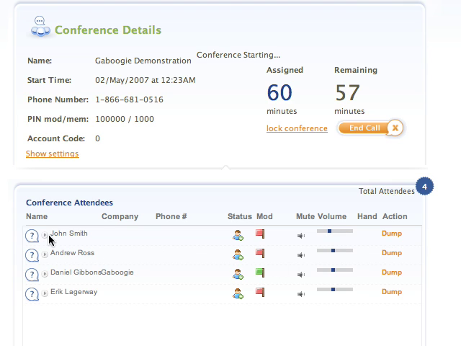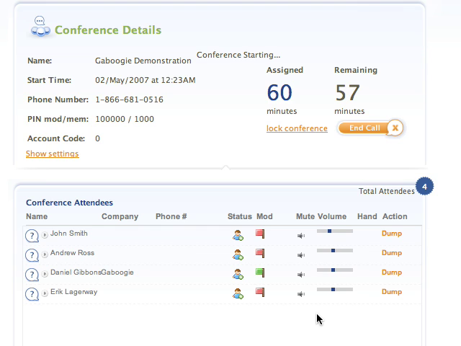There's a play button next to each person's name, and clicking that play button will play back their recorded name to me as they recorded it. And as the moderator, I'll be the only person who hears that. Nobody else on the call will hear that recording. I can disconnect any of these participants at any time, and a really interesting feature is that if a user